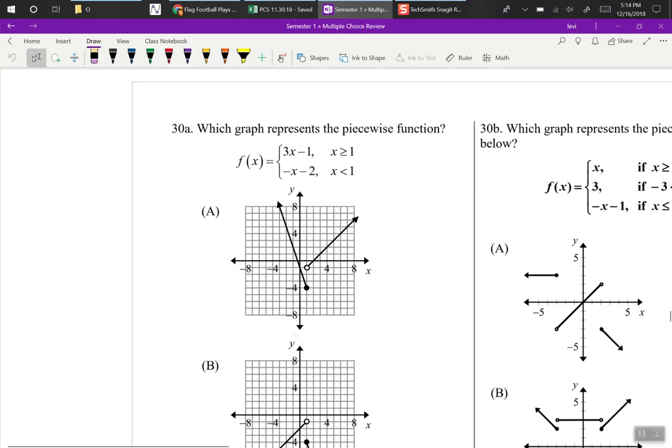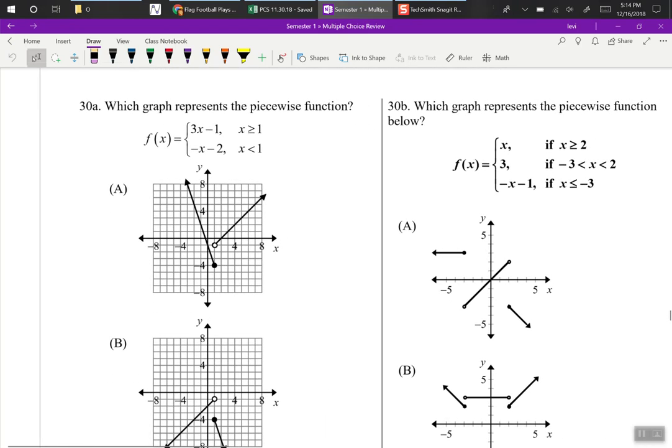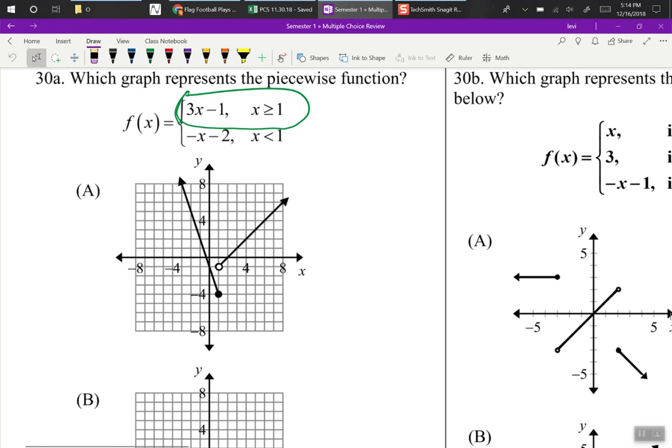Next problem, 30. Which graph represents the piecewise function? So this first one is 3x minus 1 for x values that are greater than or equal to 1. So 3x minus 1, we'll just graph this. Y-intercept of negative 1,